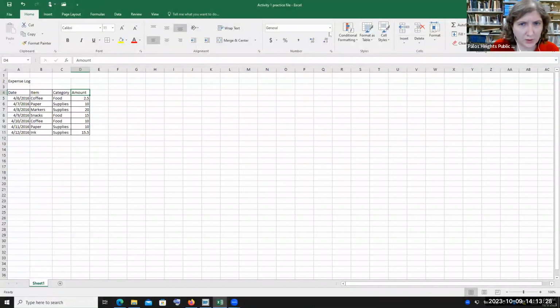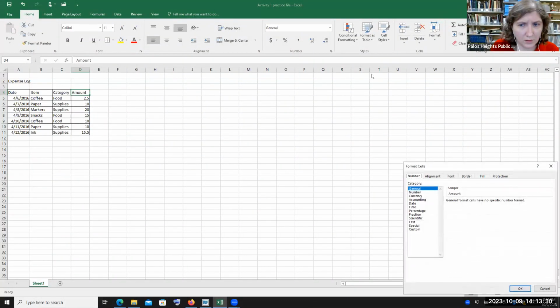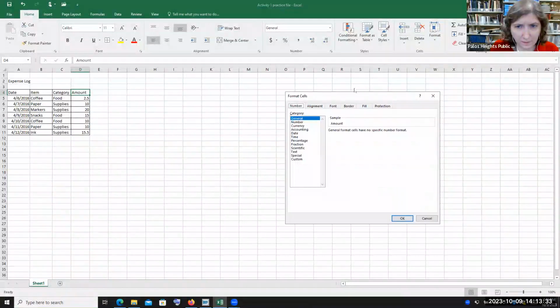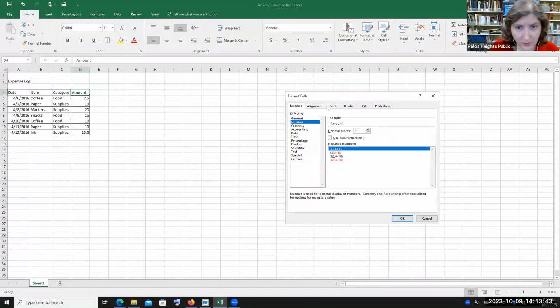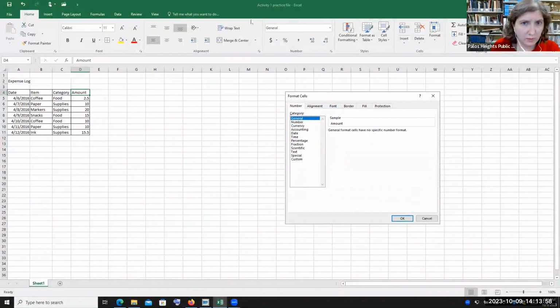But you can even change in this pop-up menu here how many decimals it can show. Let's see. Oh, that's in number. Okay, if you have it on number, you can even show how many decimal places it will go to. So it'll round up to the next nearest decimal point. So usually, when you first open an Excel spreadsheet, it's just going to be under general. But if you want,